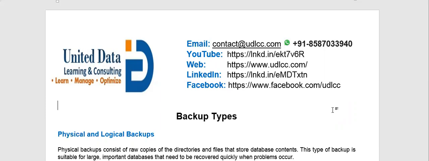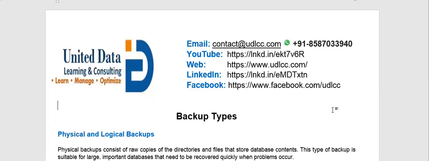In part 2, we'll discuss logical backup and restore using labs. In part 3, we'll discuss physical backup and restore using labs. And in part 4, we'll discuss database recovery methods with labs.